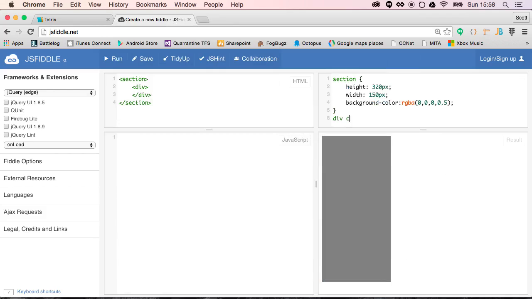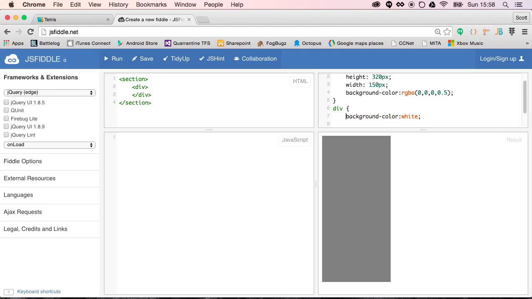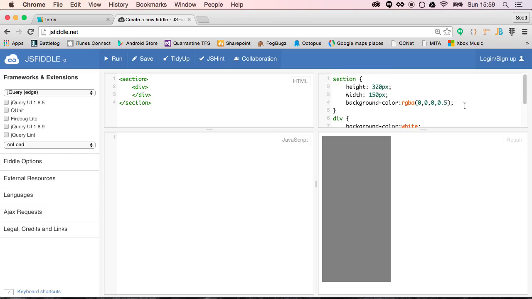And the div is going to have a background color of white for now. We don't really need color black, but I'll throw it on there. And this section is also going to have padding. No, is the section going to have padding, or is this going to have margin? I think it's going to have margins. So margin 0